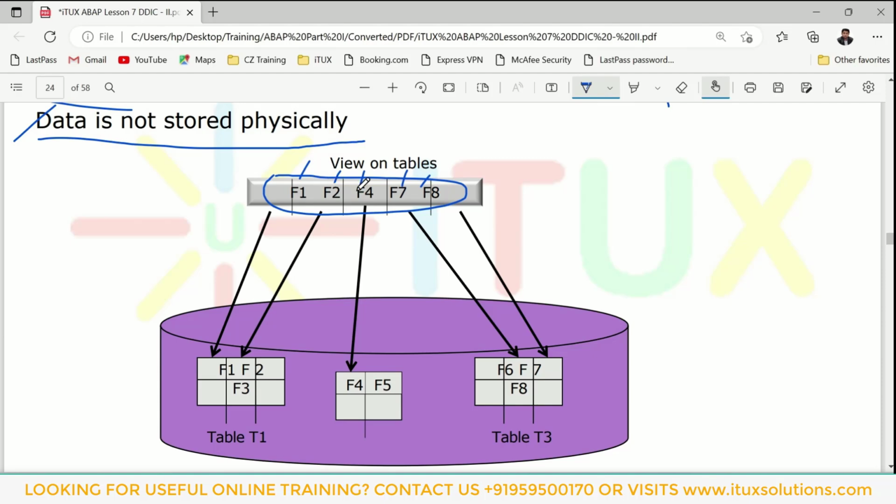So this makes a view with 5 fields: 1, 2, 3, 4, 5. 1 and 2 coming from here, 1 from here, and 2 from here. So this is a view created on top of these tables. Any question from anyone? Alright, so